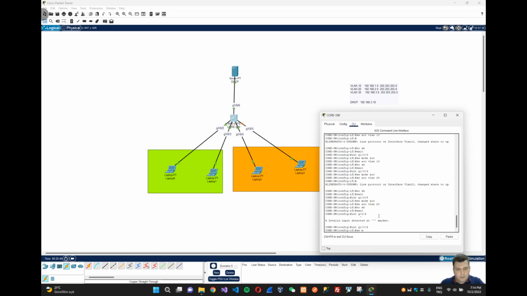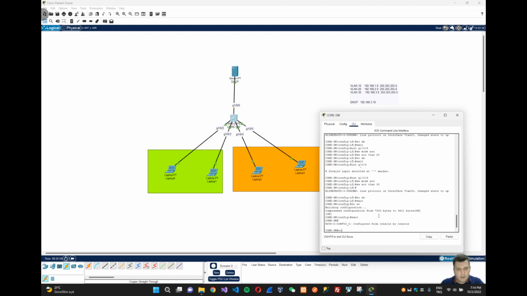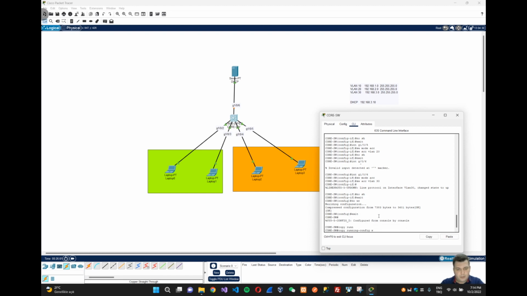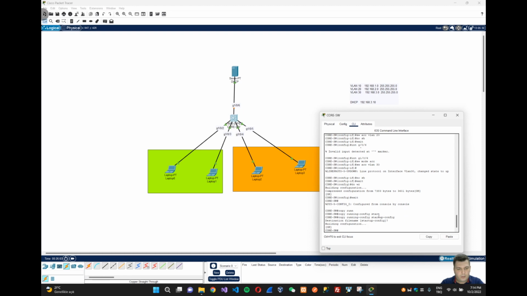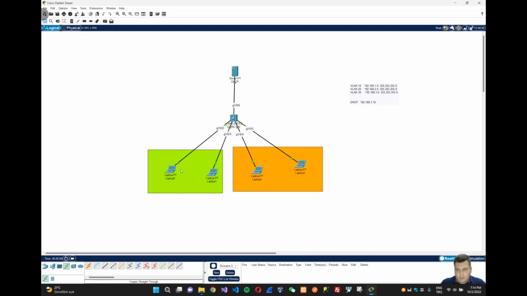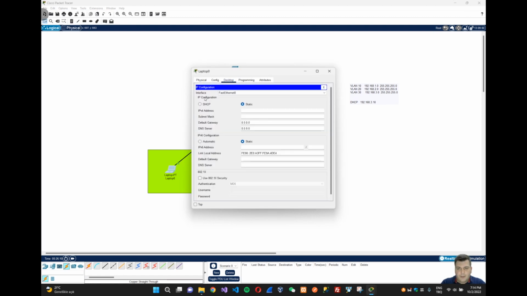G1/0/6, switchport mode access, switchport access VLAN 30. No shutdown. Exit. Write memory. Exit. Copy running configuration to startup config. Don't forget to save your configurations, otherwise it won't memorize your current configuration. Good, let's start